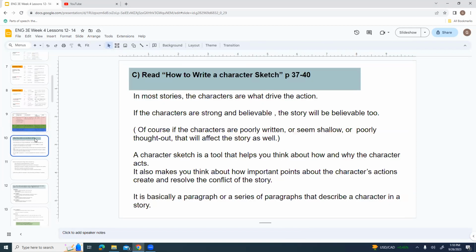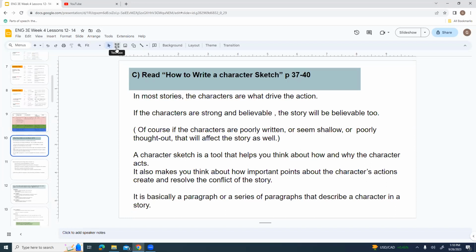All right, so in the textbook called Making It Work, there is a character sketch on pages 37 to 40. In most stories, the characters are what drive all the action. It's a good story anyways. If the characters are strong and believable, the story will be believable too. Of course, if the characters are poorly written or seem shallow or poorly thought out, that's going to affect the story as well.